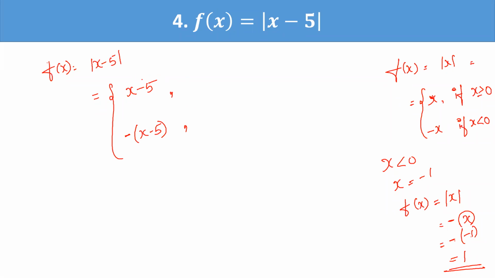When x takes a value, I should get it as a positive value. If I substitute some value for x in x minus 5, I should get a positive value. So what is the minimum value so that it becomes positive? So x should be,